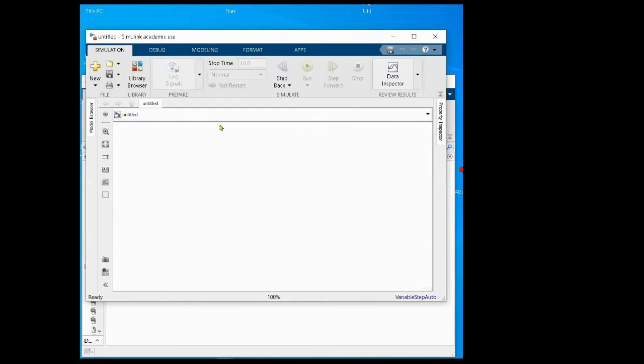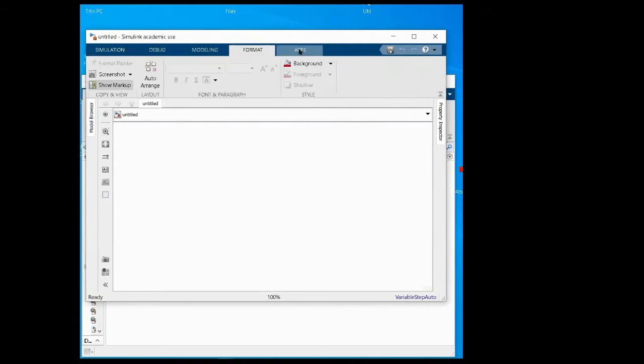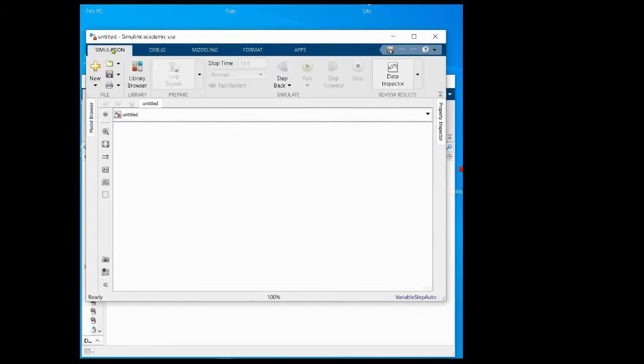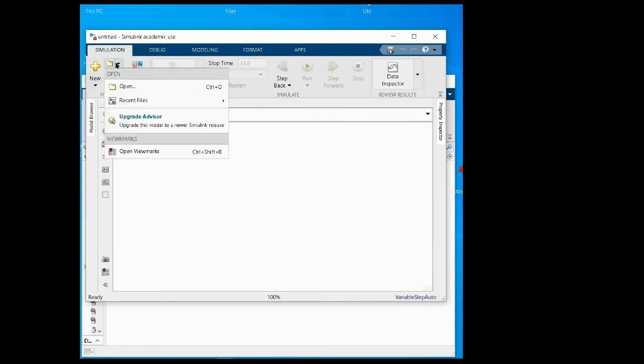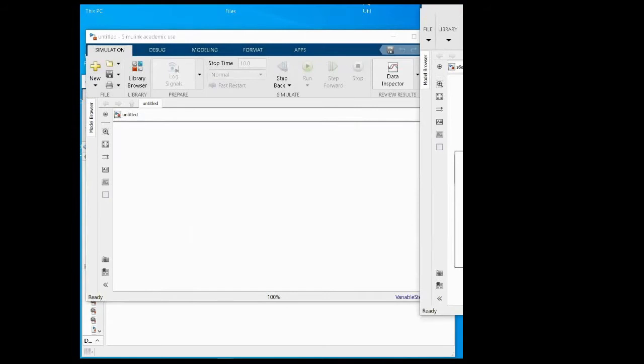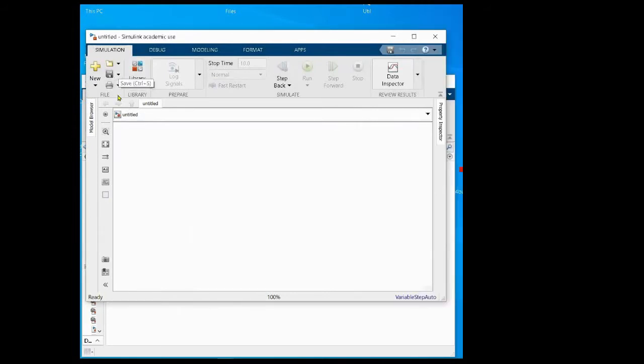Here in the ruler of the Simulink editor, we have several buttons. We have simulation, the first one from the left, then debug, modeling, format, and apps. Let's start from simulation. In this group we have very important possibilities. We can open a new window and a new model, open an existing model, save our model, and print the model. And very important also